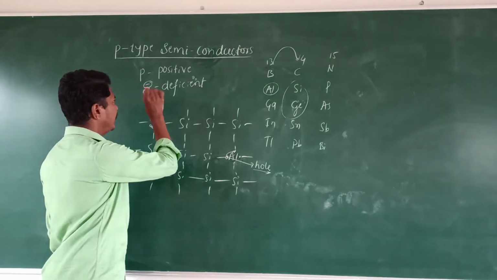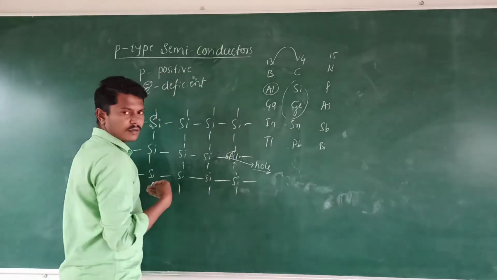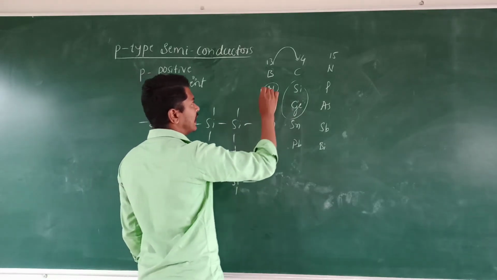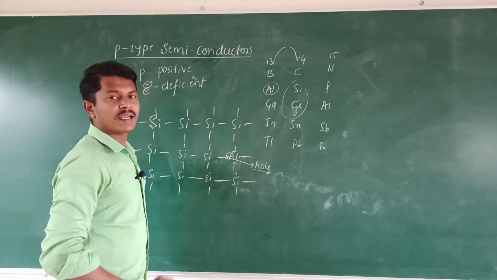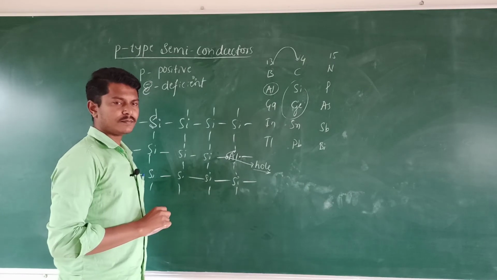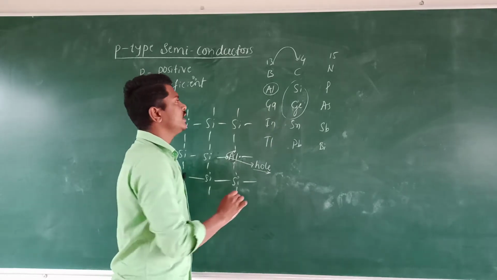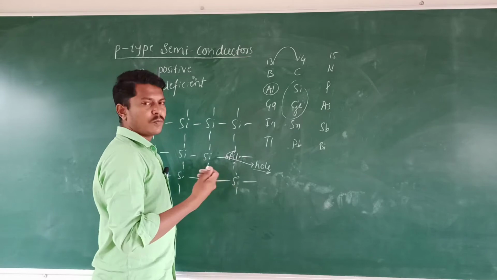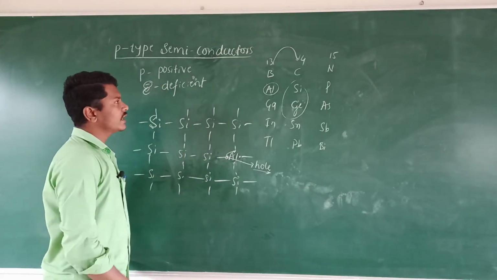How is a P-type semiconductor obtained? By adding or doping 13th group elements to 14th group semiconducting elements. I am repeating, doping 13 group elements to the 14th group semiconducting metal elements produces P-type semiconductors. Similarly,